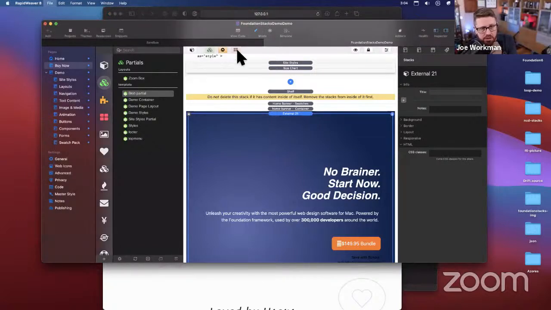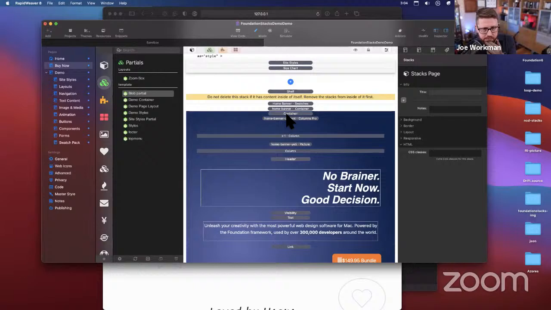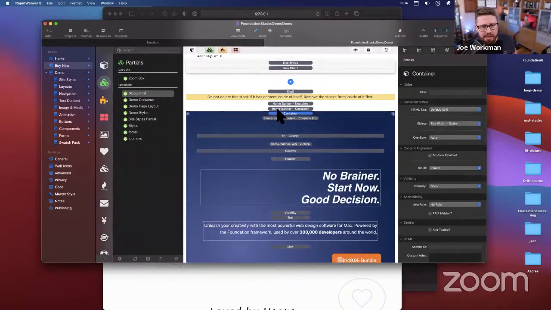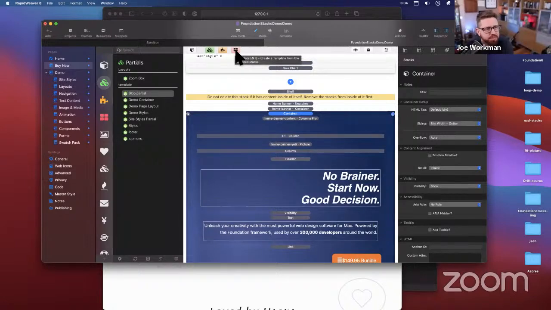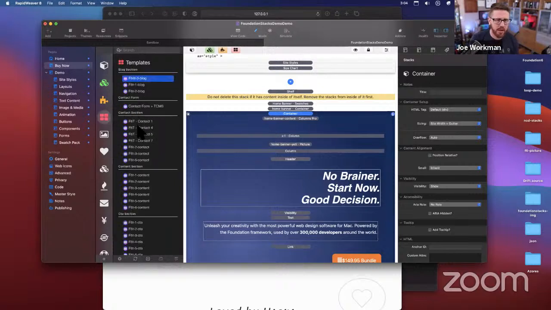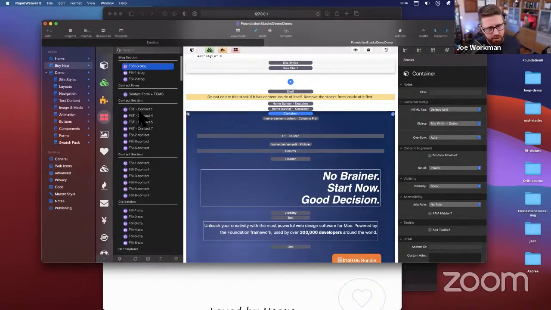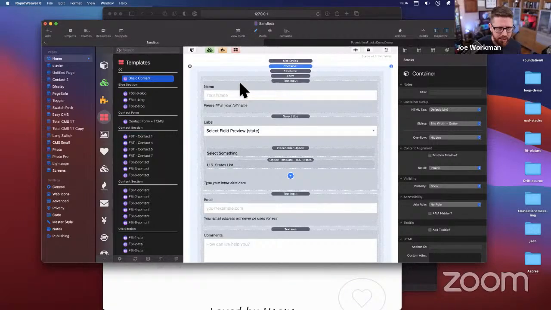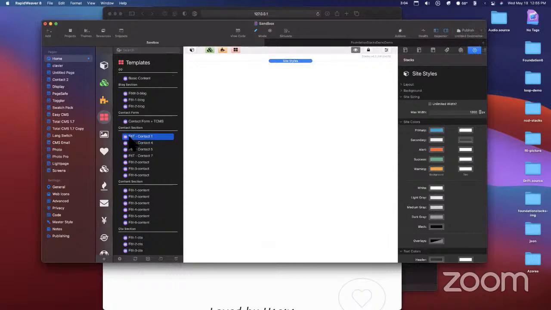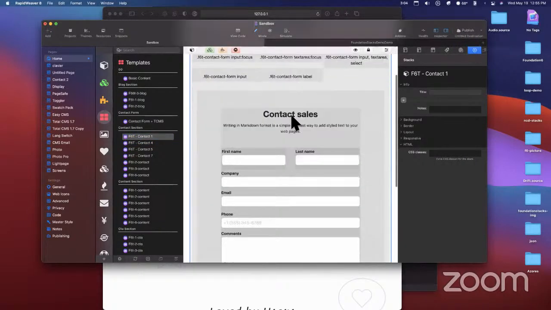Now, interesting. So next up is templates. What is a template? Okay. A template is a read-only version of an external. Okay. So if we go to templates, actually here, let's play with this. Actually, let me go to a different project file that has less stuff on the page. All right. So if I go ahead and add this template to the page,